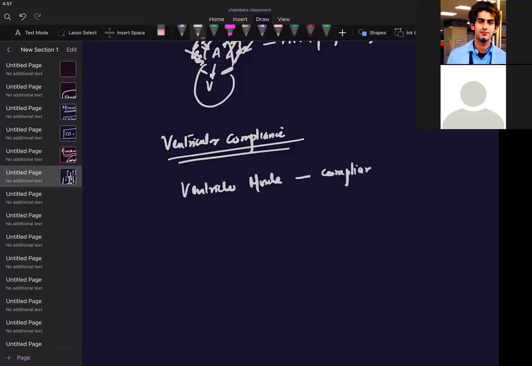Your ventricular muscle is compliant. Okay, now if it is compliant, that means it will help in accumulating or accommodating more blood during the phase of diastole. During the phase of diastole, it will help in diastolic filling, because if this is the state in the systole of the ventricle, I'm just